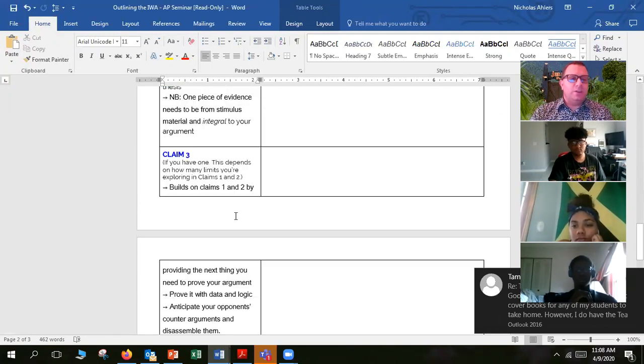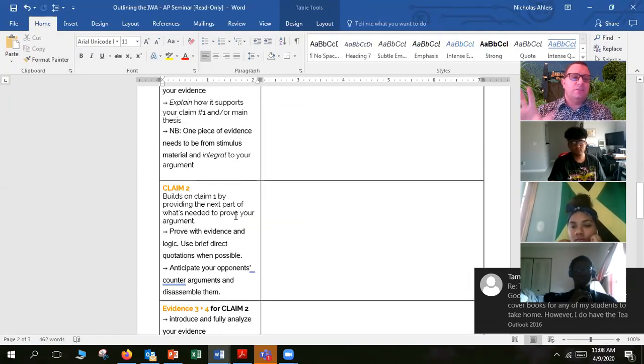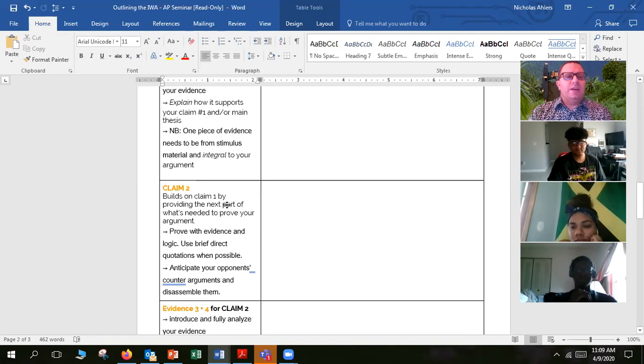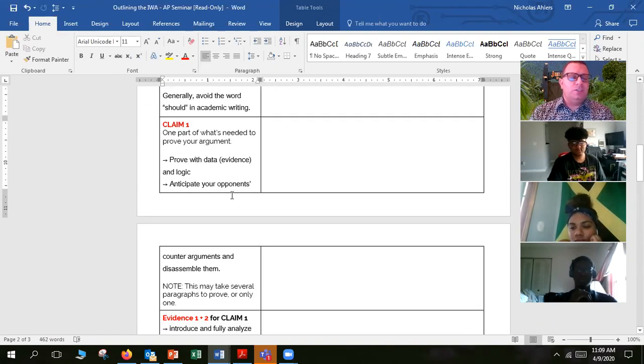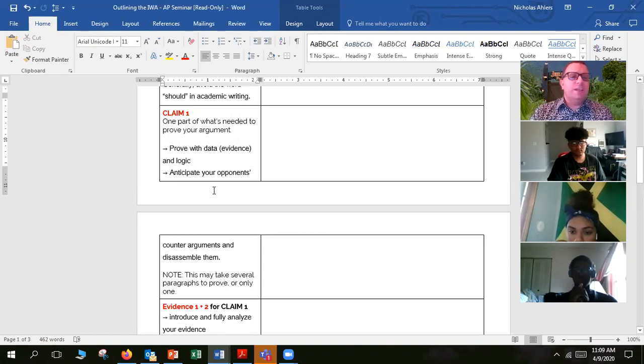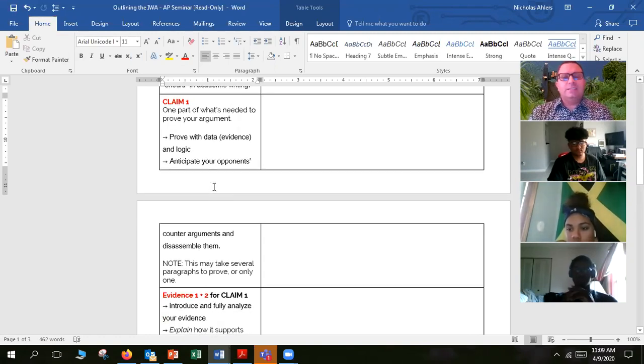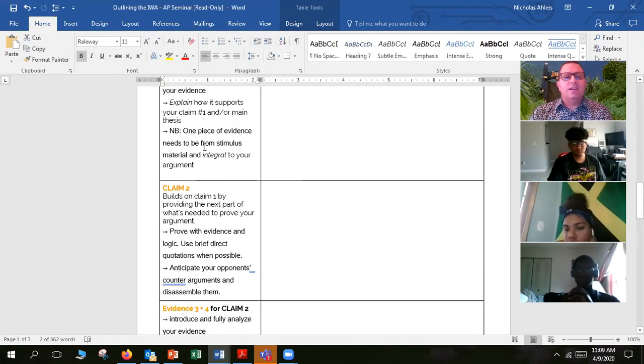I put space in here for 3 of them. Remember, I said 3 was a good number. 1 is definitely not enough. But ultimately that is going to be up to you, how many claims and how much evidence you include, okay? If you think about it, each claim should be related to a separate lens, like we talked about on Tuesday. So maybe your first claim deals with the economic lens,